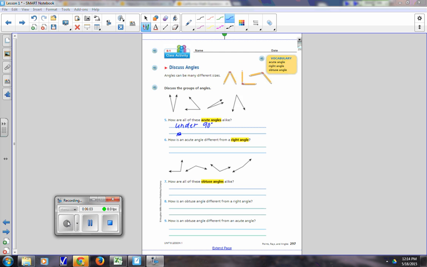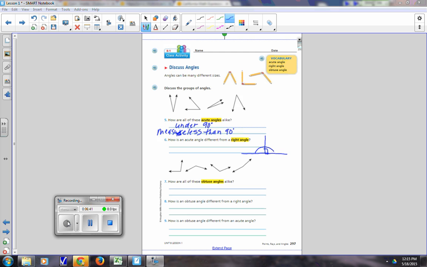They all measure less than 90 degrees. And we're going to do a lot of measuring and that kind of thing over the next few weeks, so don't panic. But when I talk about a right angle, it's 90 degrees. So it has a square corner on it. It's 90 degrees. Because when you talk about measuring angles, which is, I think, tomorrow,